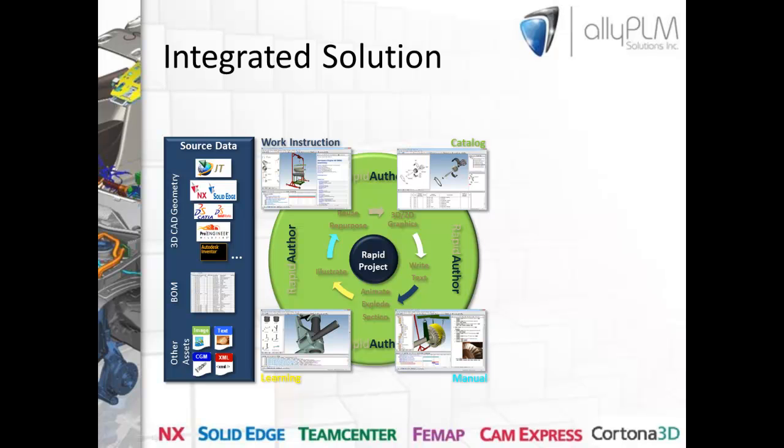You might compare Rapid Author to Microsoft Office in that Microsoft Office consists of different modules such as Word, Excel, PowerPoint, etc. So the 3 main modules of Rapid Author are Rapid Catalog, which allows you to quickly and easily create interactive parts catalogs, RapidManual, which is used to create work instructions and manuals, and the way those two differ is that maybe a work instruction